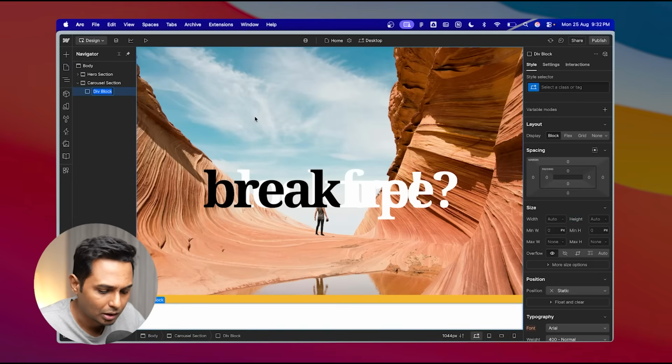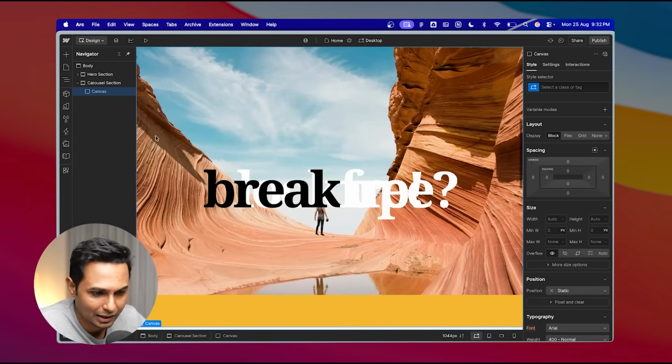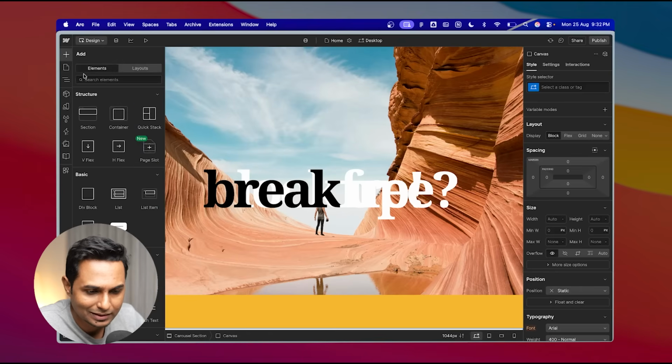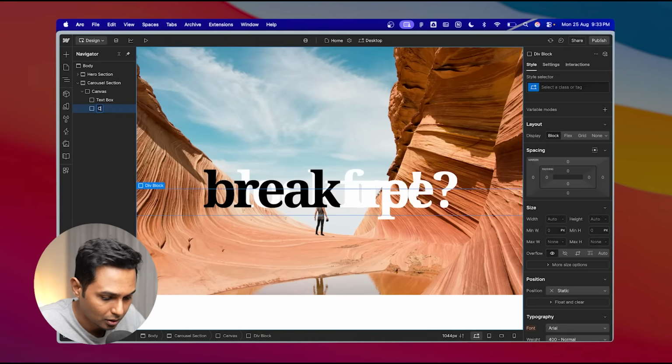I'm just going to call it canvas. This is the content of this section, nothing else. And inside this, I will need two more sections. One is one div, which will be the text box, and we'll need one more div inside this, which will be the carousel